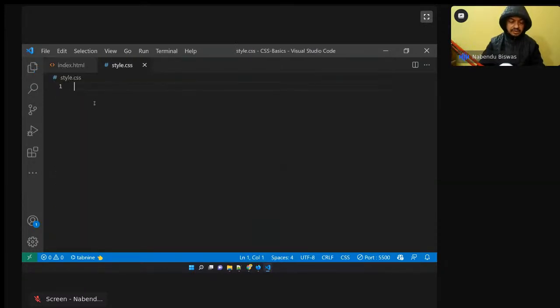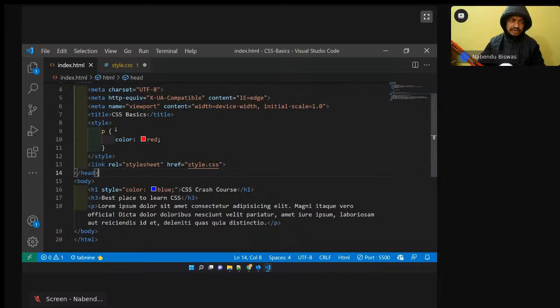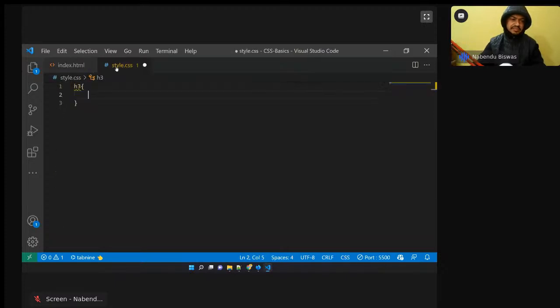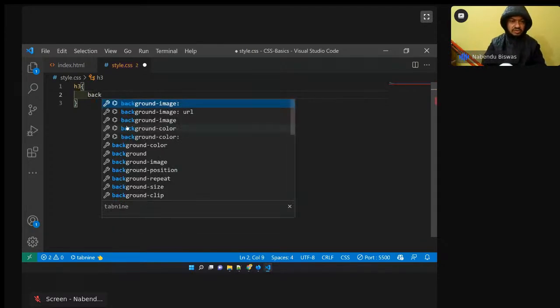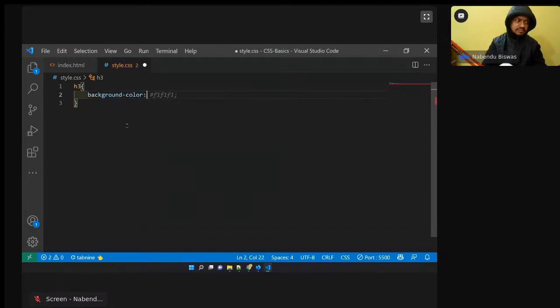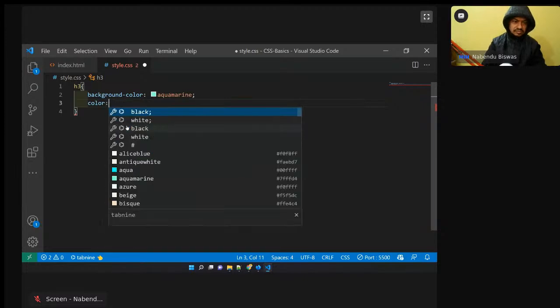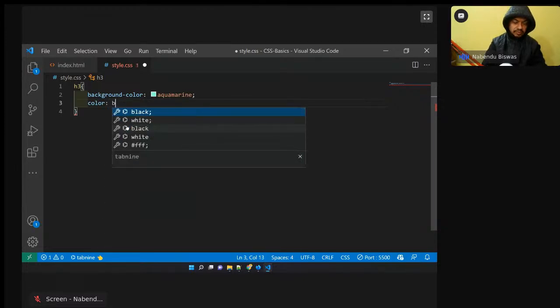Then here the main thing is that I will do it like this, h3. So see, you'll see that it is exactly similar to what I'm doing in internal CSS. Internal and external are exactly similar, but I'm creating it in a different file. So background color is aquamarine. Okay, color is maybe brown,